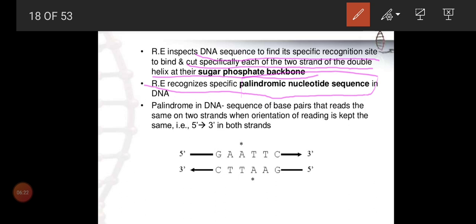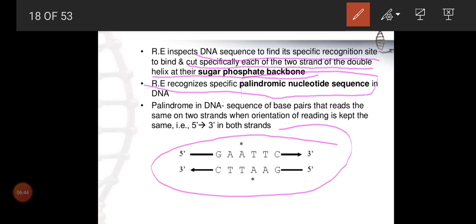When you read, automatically you will get the same word. So that is what we call a palindromic sequence. Normally in DNA, we know the two strands are complementary to each other. If one strand contains A, automatically the other strand will contain T. And here now look at this, this is the palindromic sequence. Normally, Malayalam we can write in a single line, but it won't be applicable for DNA.